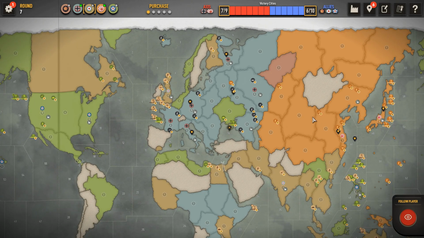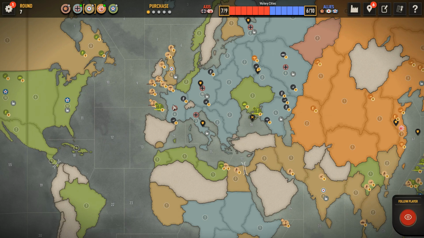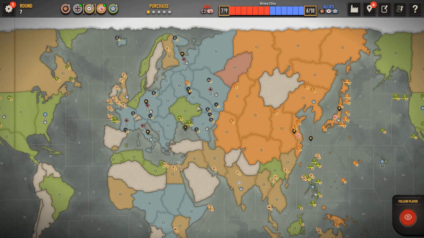All right, man, that's rough. So we took Russia, but he has a 30% chance to take Germany. Man, that's going to be just rough. All right, that's going to do it for Germany round 7, and I'll see you guys back for Japan round